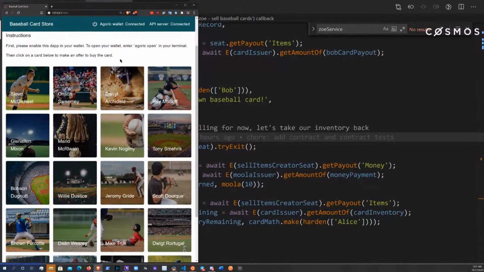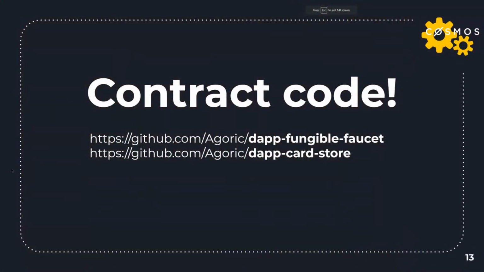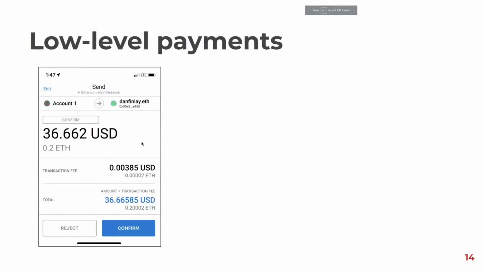Let's now go back to the presentation and answer that question about the Zoe service. Okay, so first let me start with a little bit of background, where in existing platforms, I talk about how they've got security hazards. The security hazards are not just for you, the developers, but they're also for you, the users of these systems out there. So this was provided by our good friends at MetaMask, and this is a picture of real MetaMask on real ETH, where if I want to send Dan Finley money, I have to send it to my good friend